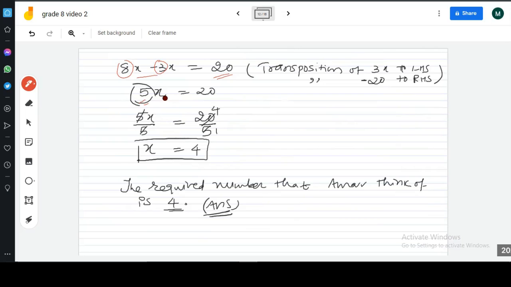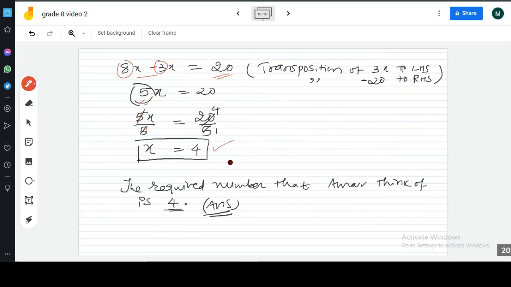So since the coefficient of x is other than 1, we need to make it 1 by dividing by the same number. So dividing this 5x by 5 and 20 by 5, we need to divide a number on both sides. So 5x upon 5 equal to 20 upon 5. So this 5 from the left side will get cancelled, and this 5 will simplify this 20. So 5 fours are 20. So it gives us